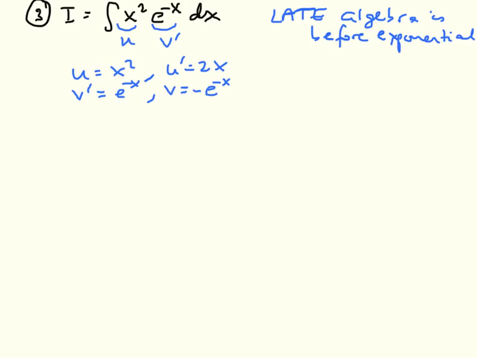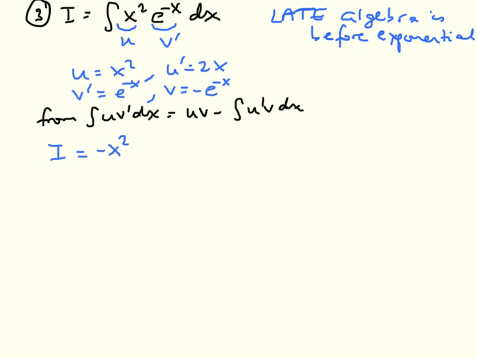So from our integration by parts formula, the integral of u v prime dx is uv minus the integral of u prime v with respect to x. We have I, our integral, is u times v, that's x squared times minus e to the minus x. So that's minus x squared e to the minus x